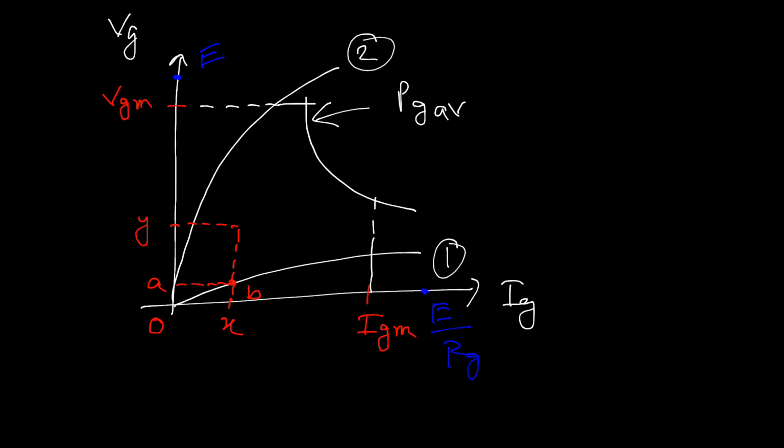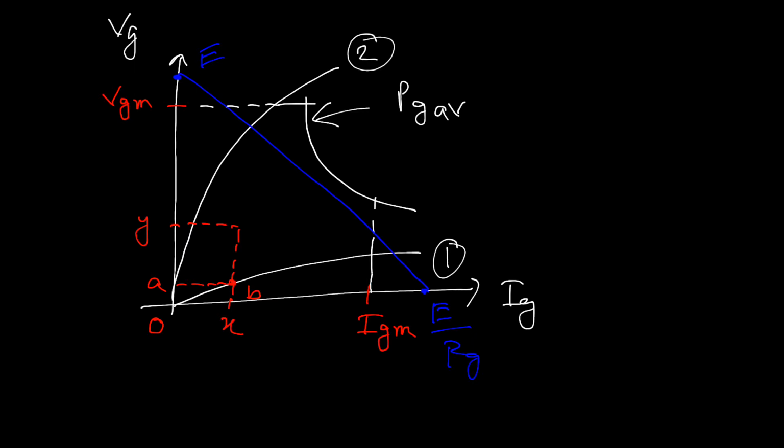This is actually gate current Ig, and if we connect these 2 points, it will give you the load line. Okay, so this is actually the load line, the connection between a particular point on the voltage axis and a particular point